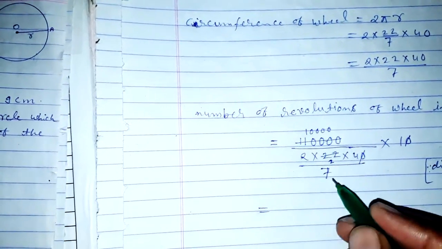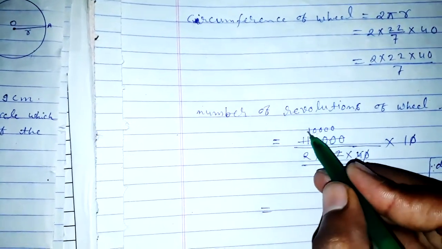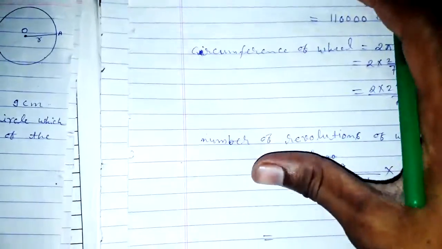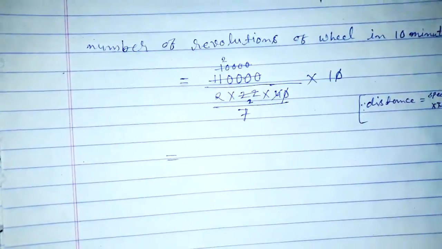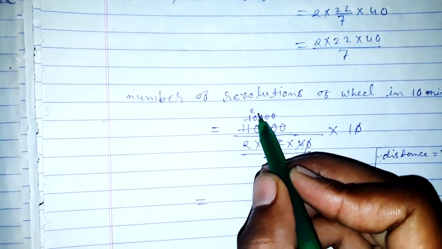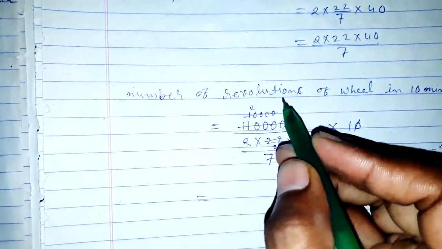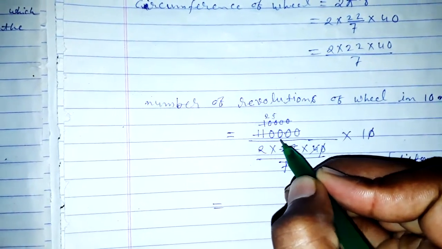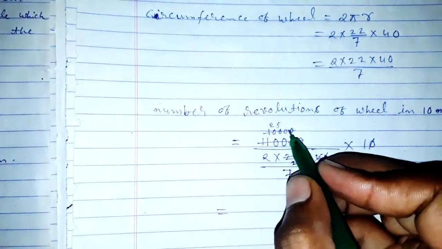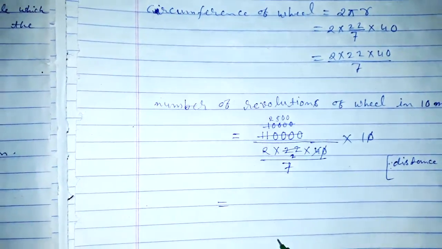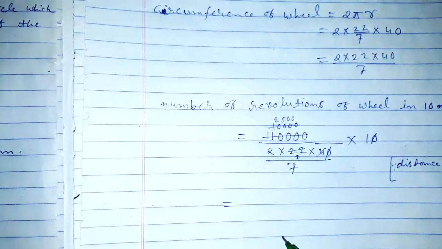Also, 4 divides this, 4 2s are 8, 4 5s are 20. So here this value means